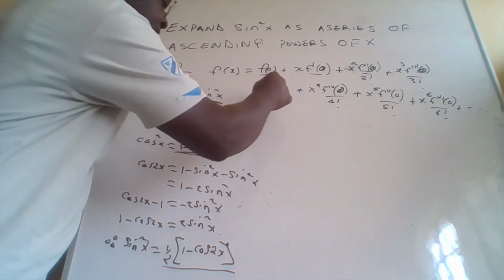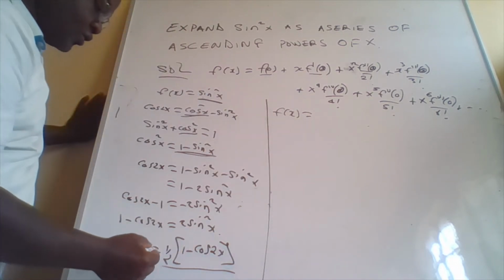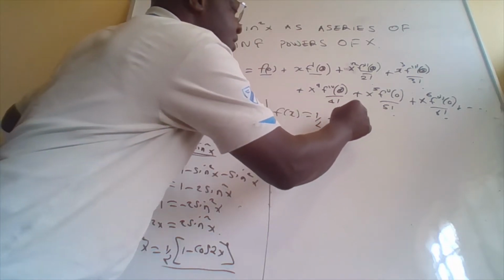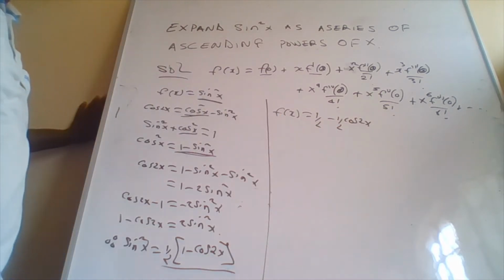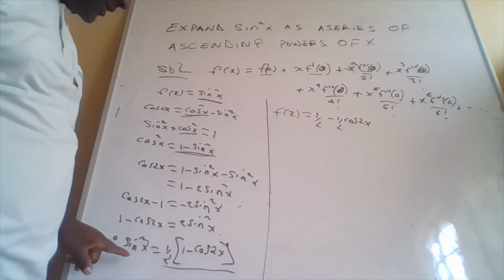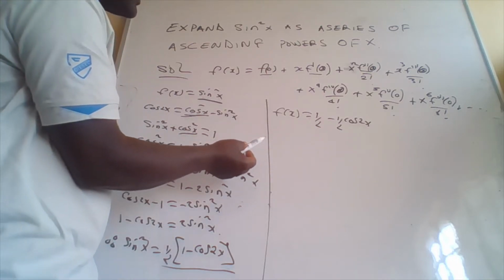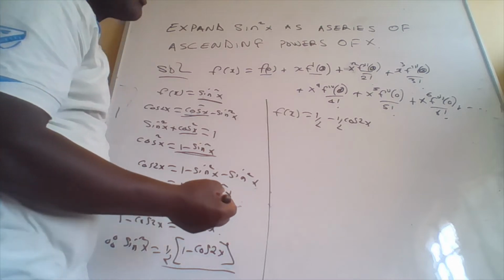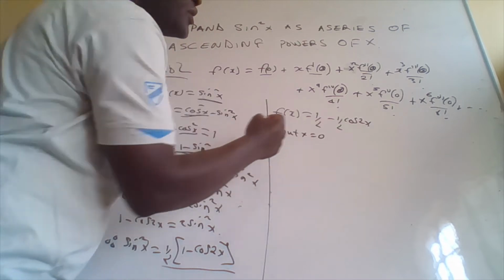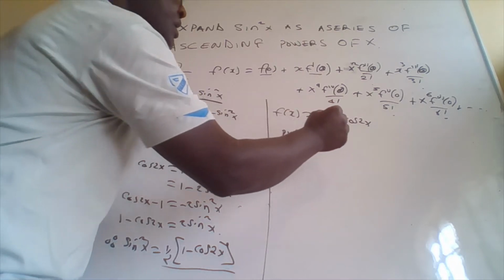Therefore, what we are saying is that our f of x equals, when you open the bracket, a half minus a half cos 2x. So now we are going to get the derivative of this rather than sine x squared. Now we shall start getting the constants. From here, the first step, we shall put x equals 0 in that equation. So when we do that, this equation becomes